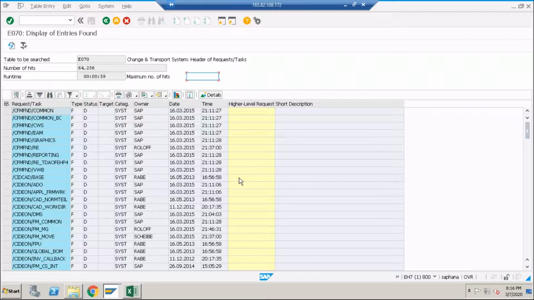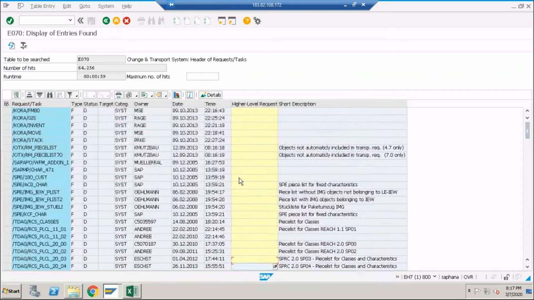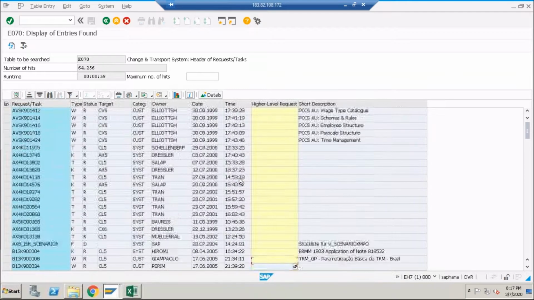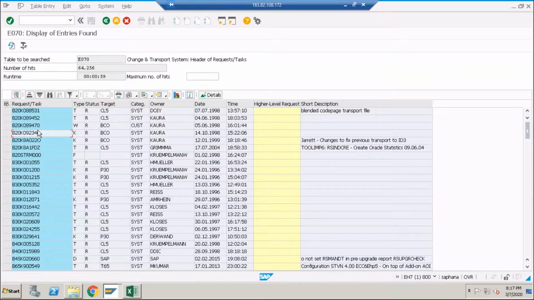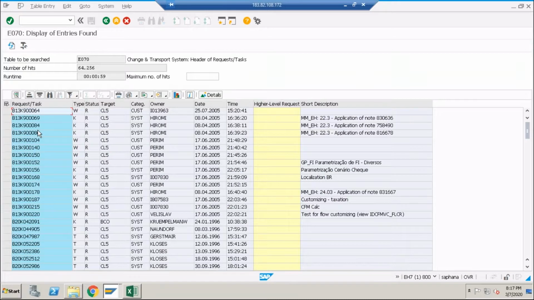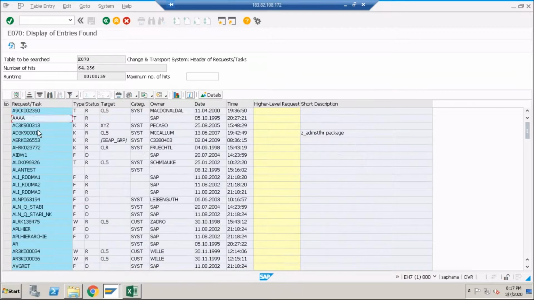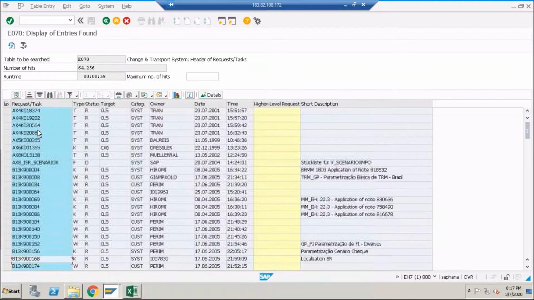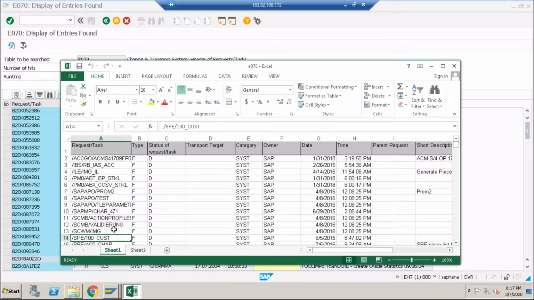This is the transport request header, request systems. Scroll down. These are the standard requests, I think. Scroll down, below is where you get the number. See, that is the number actually, SID K95. Above is the header. Below is the workbench request. What is F, and what is T?